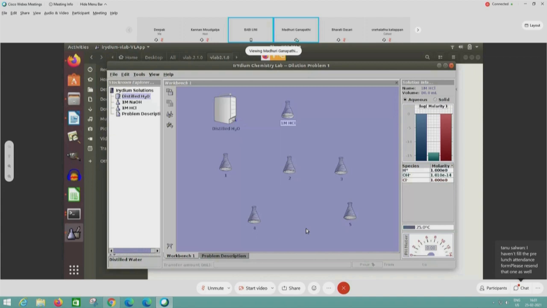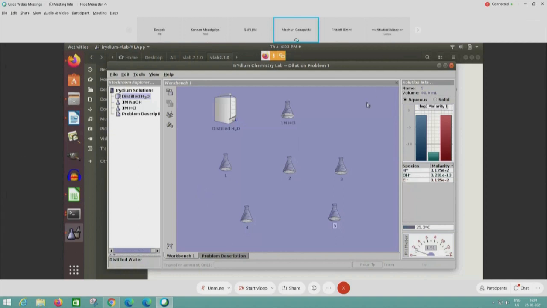Okay, so I have an assignment for you. Since it's a demo session, you all can open the VLabs along with me. You all are having a VLab session. Just kindly open a new VLab session and do along with me as I'm doing. A few minutes for all of you.